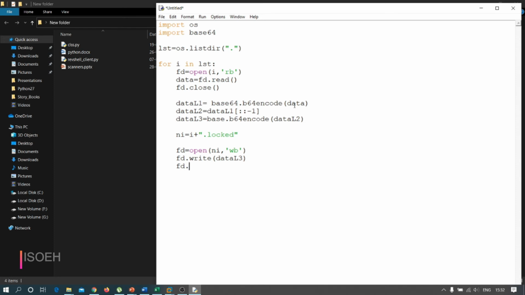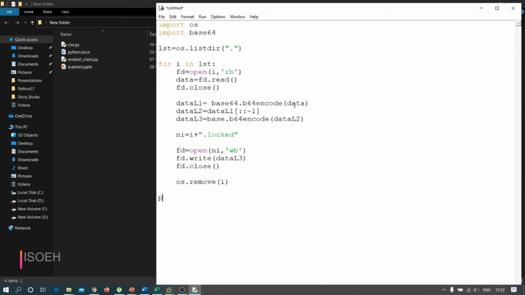Then fd.close. Then I have to delete the actual file. I'm using the os.remove function for deleting the actual file. Basically i was containing the actual file and ni is the new file I have created.